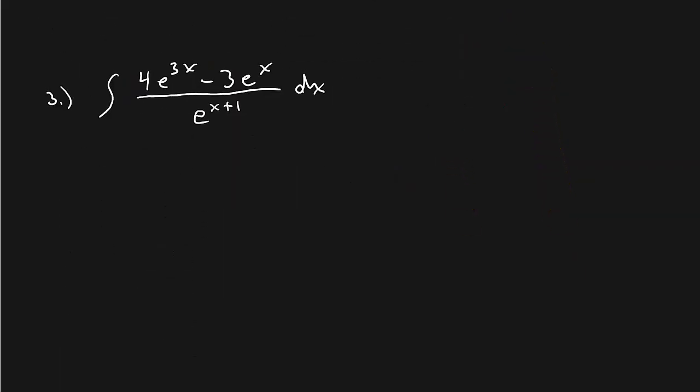Next problem. All right, so this one, well, if I just look at this real quick. If I take the derivative of e to the x plus 1, that's just e to the x plus 1. That's not even close to the numerator. Okay? So what we'll have to do is rewrite this thing to just simplify it some. So let's see what we can get. So this is the same thing. This is going to be 4e to the 3x over e to the x plus 1 minus, and what I'm going to,